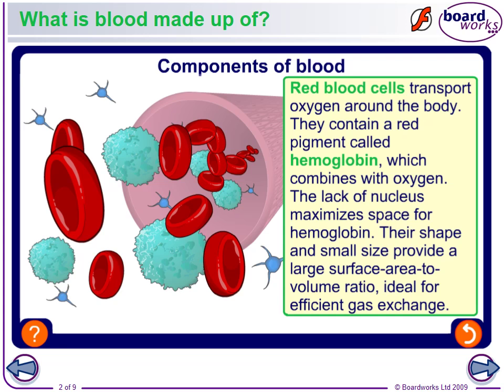All right. So red blood cells transport oxygen around the body. They contain what's called hemoglobin, which combines with oxygen. There is no nucleus in here, which allows for more hemoglobin. And their small shape and size gets you a larger surface area to volume ratio, which makes it ideal